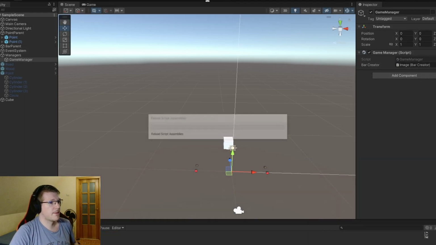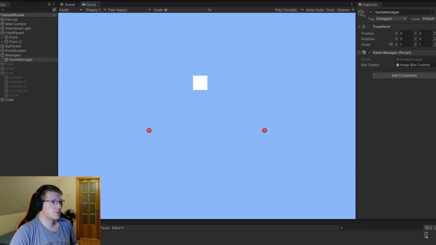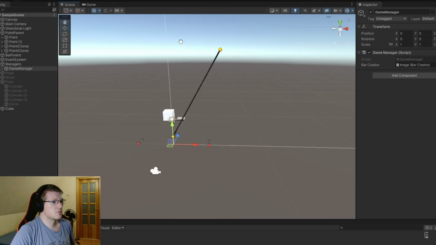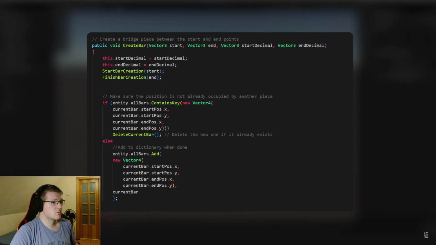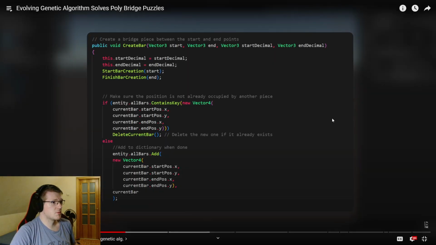Before I can start making this work with the genetic algorithm, we first need to have a way to programmatically place points and create bridge pieces from coordinates. So I created this function, which allows me to input 2 points in the form of Unity's